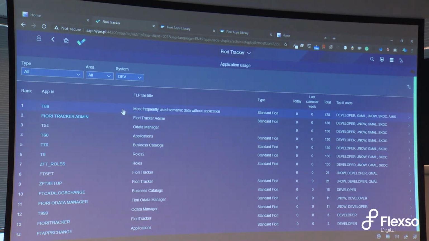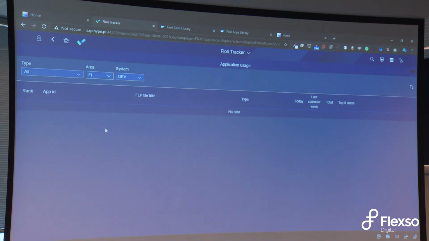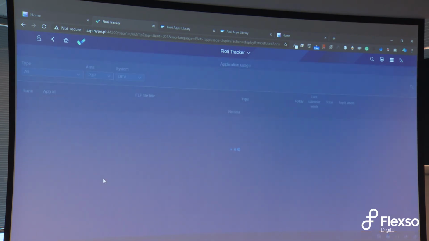Okay, that's my most popular app. This is how many times it was started. Those are the top users who are using it. You can see this per area. So another use case would be, what is our crucial app in finance at the moment? Okay, there are no assignments to finance. Let's see, P2P, I guess it should be. What is our